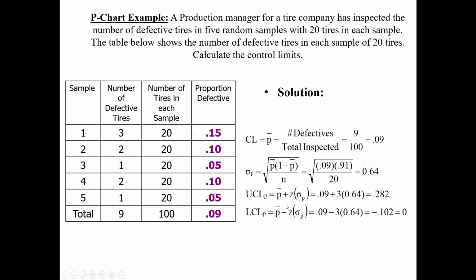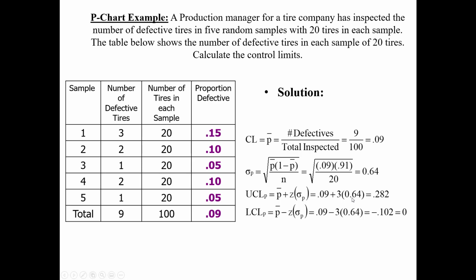Then for the proportion chart, the upper control limit formulation is P bar plus Z sigma P. Now we want to use 3 sigma, as I already mentioned to you, in order to keep the quality level within 6 sigma, meaning plus 3 sigma and minus 3 sigma, which means 997 will be effective among 1000. It means 3 will be defective. So this is our quality level. So we want to use 3 sigma in the Z. You can also use 4 sigma, 5 sigma, 6 sigma, but in this example we want to use 3 sigma.